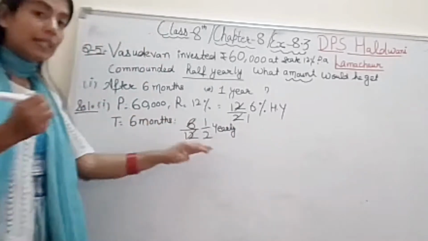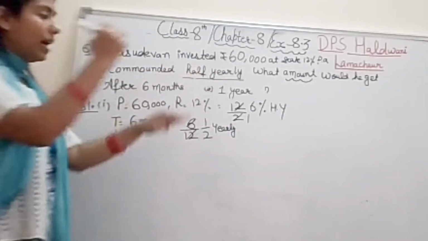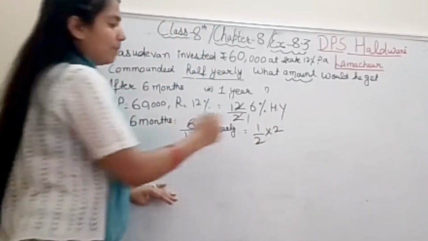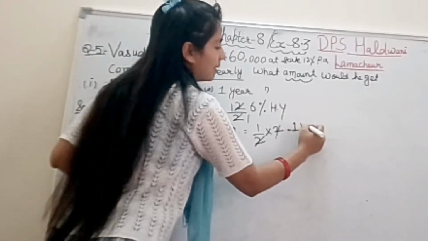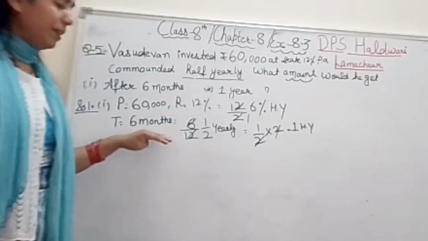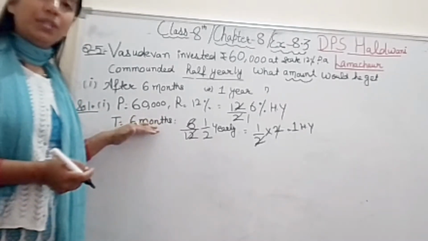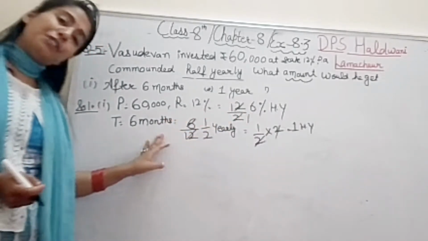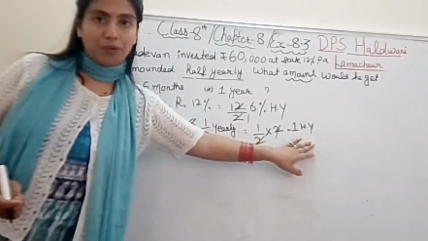It is yearly. Right? Now, according to the question, it is compounded half yearly. So, this will be double, 2 times. So, the 2s cancel out, this is 2. So, that is 1 half year. If you are getting a little bit confused, no, students. If 1 by 2 is already given, then directly you will do this. But here it is given in months. So, first of all, you will convert into years. That's why it will be converted into half yearly afterwards.